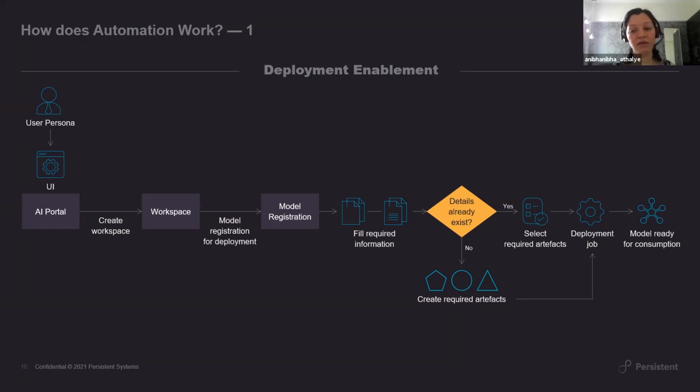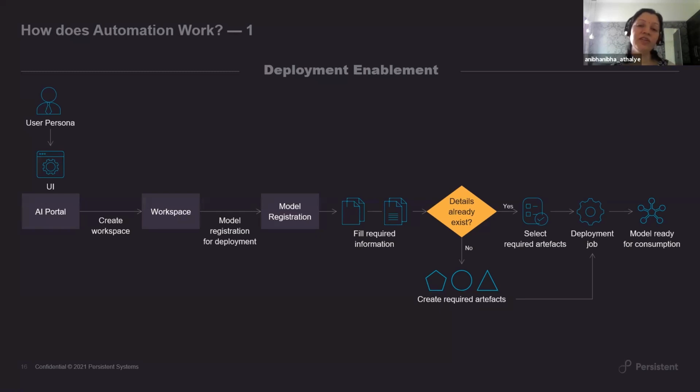Now in a scenario where you have created the model offline, you are filling in a whole lot of information that is required for the system to understand to deploy this model. Just to take an example, this could be what is the Python version that was used to develop this model, what is the environment or the hardware on which this particular model was run, what is the algorithm that was used, what are the hyperparameters that have been used, what is the version of the data that was used. All this is supplied to the system.